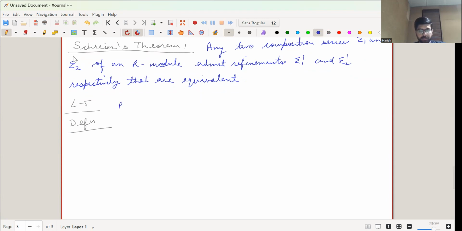Here, I am assuming R any ring, M an R module, and then M is said to satisfy the ascending chain condition,